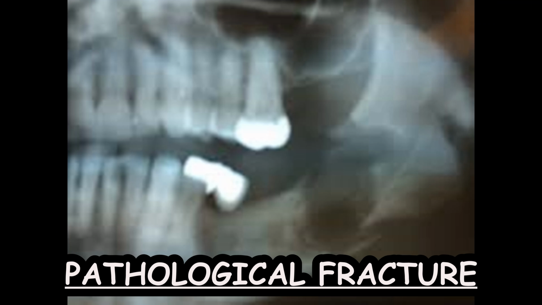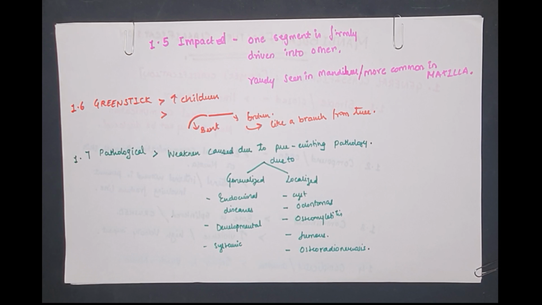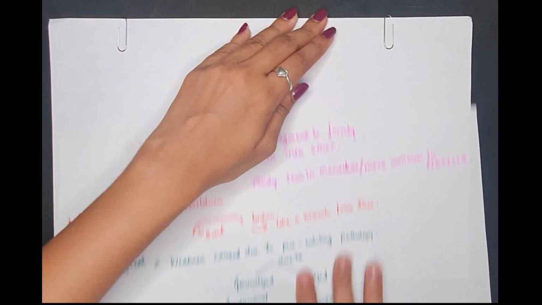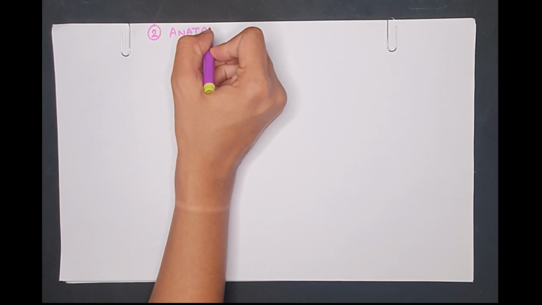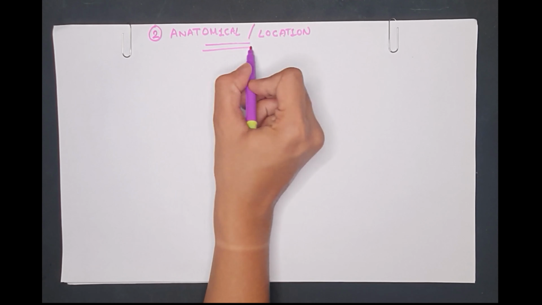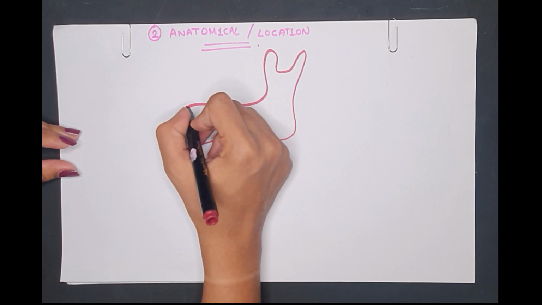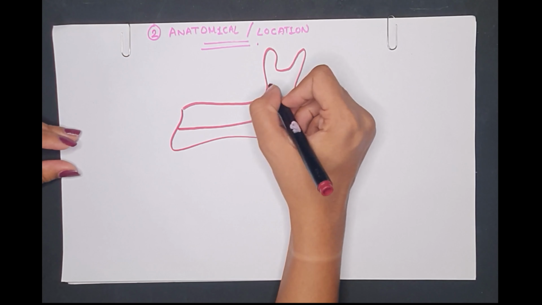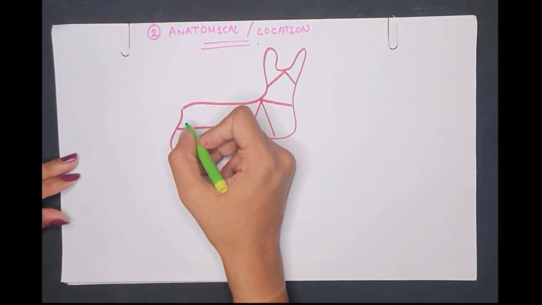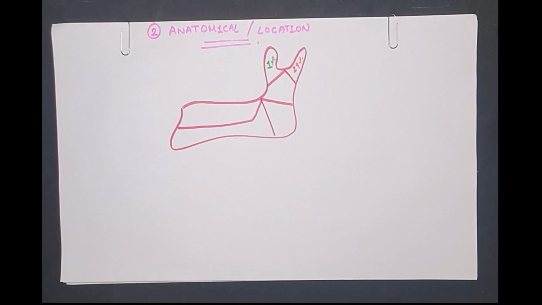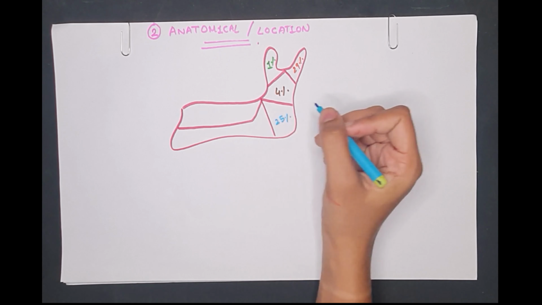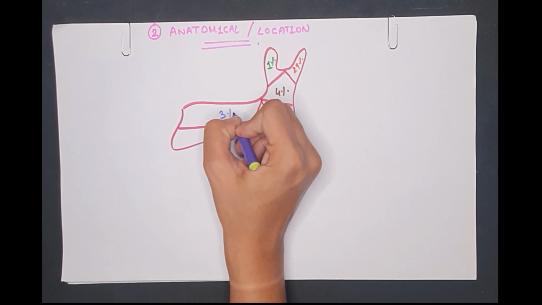Now this was the first part where we have seen the general classification. Now we will see the anatomical location, the second classification. The first one was on the basis of the general classification, whether it's complex or other, but here it is in relation to the anatomy of the particular bone. The Dingman and Natvig classification by anatomic region was given by this. Imagine this is a mandible, and please ignore my drawing, but it's just a mandible. It is divided into its parts: coronoid, condylar, angle, ramus and body.